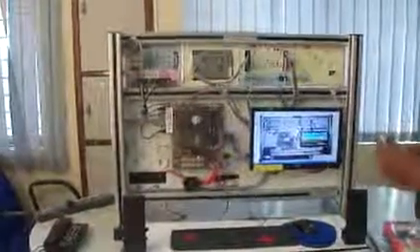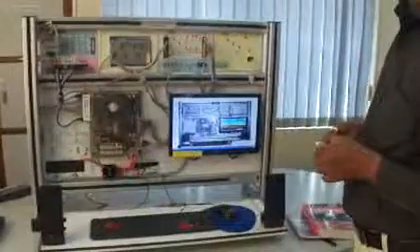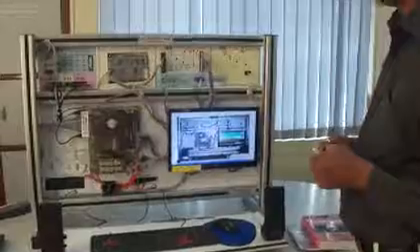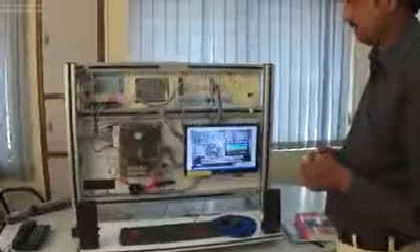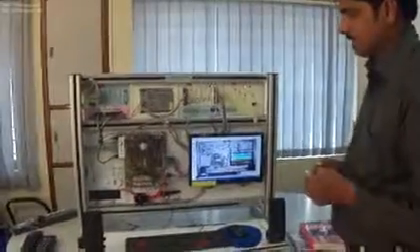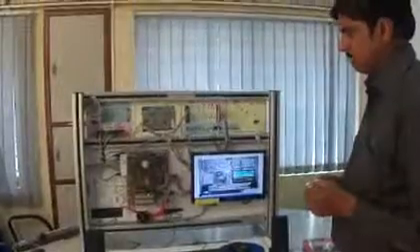So surely with this PC hardware trainer, the students can learn the fault finding techniques, diagnostics, and the related information about the PC trainers.